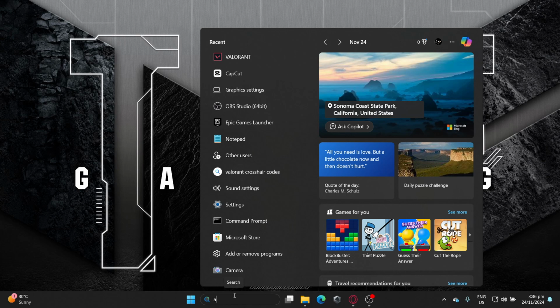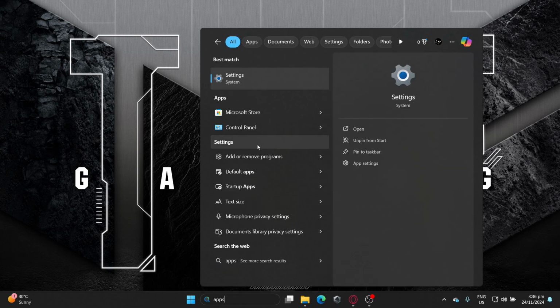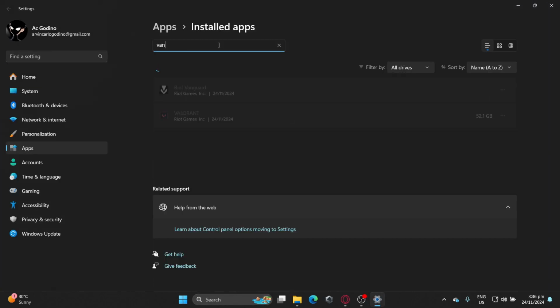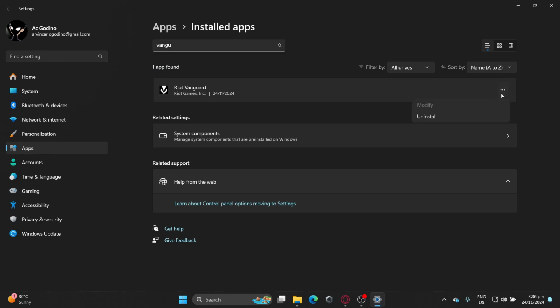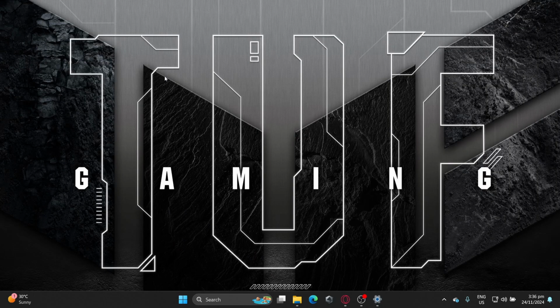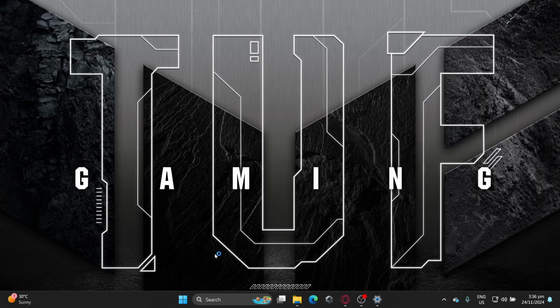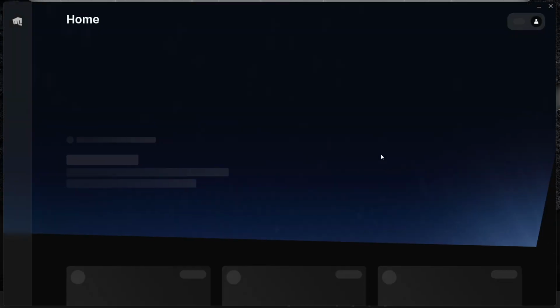go to here, add or remove programs, find Vanguard, click uninstall. If you uninstall the Riot Vanguard, you will have an update here in Valorant, because if you update it, the Vanguard will reinstall.